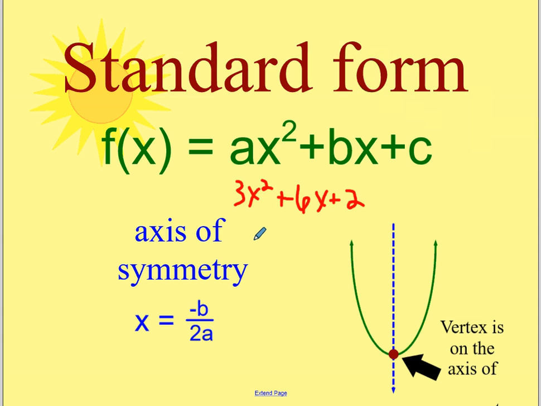And that's exactly what we're doing. Now we're just graphing these. So there's a couple things that you need to know before we get started, okay? This 3 is considered your A term because it is in front of the x squared. The 6 is considered your B term because it is in front of the x, and this 2 is considered your C term. This is very important to know the difference between your A, your B, and your C,